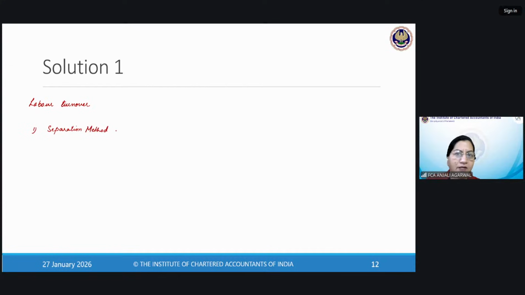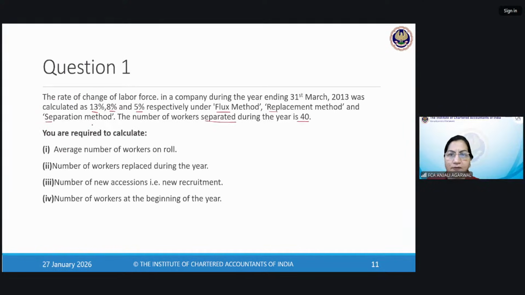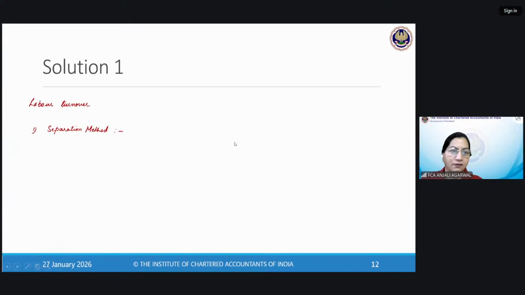The labor turnover under separation method is given by number of workers, flux. Flux means the change. So labor turnover under separation method is calculated by number of workers